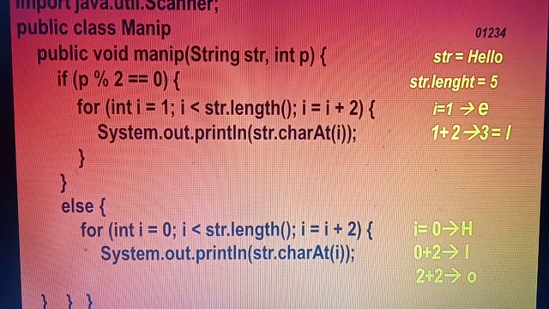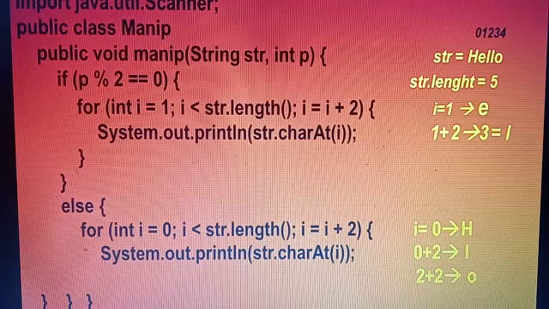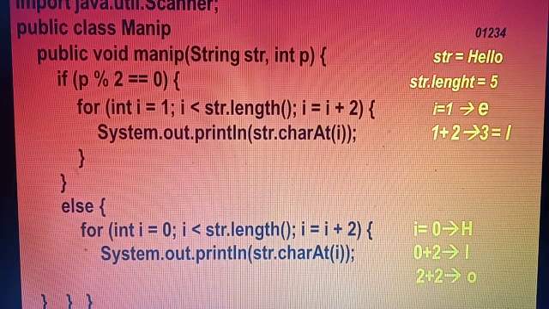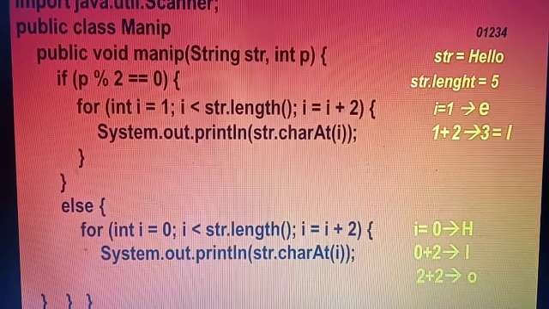H. Now 0 plus 2, that is index 2, which character was there? L only. And 2 plus 2 will get the 4. And at index 4, which character was there? O. So in this way you will get the even positions of that string. Now you will get the odd and even position characters. In this way you can do this program.